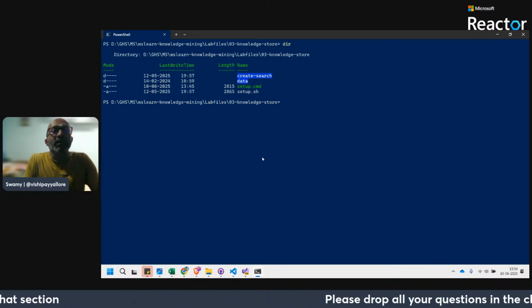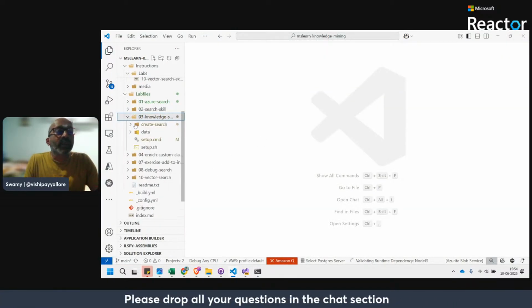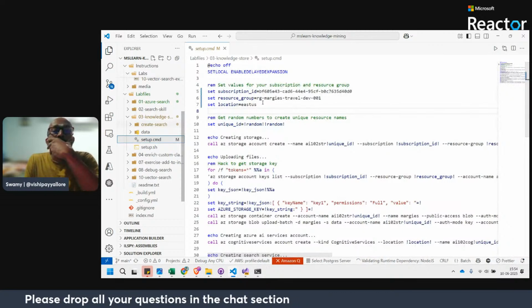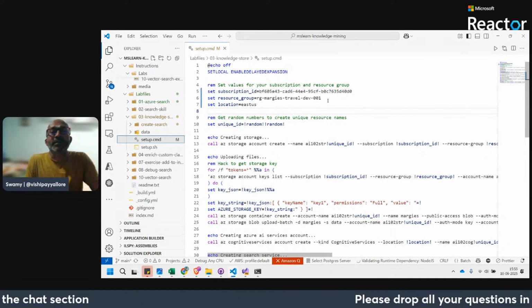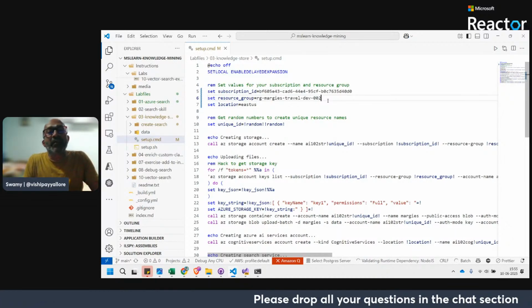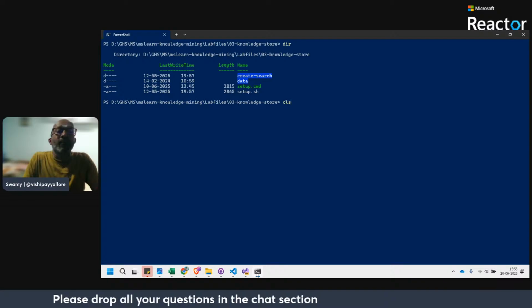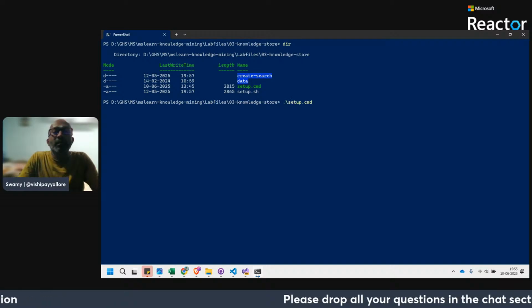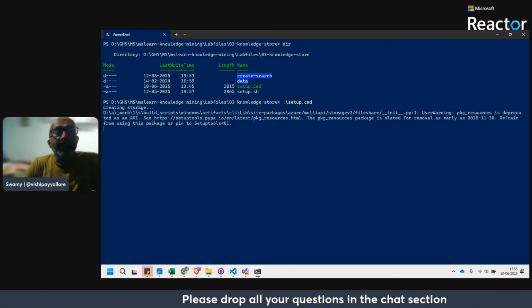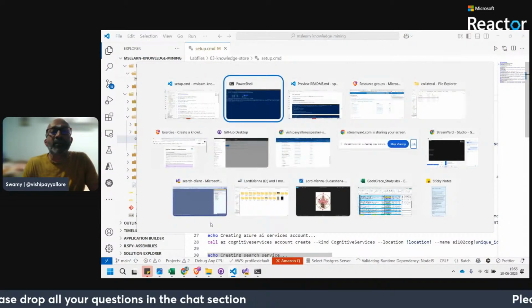Okay, it has got the setup command. So let's go into that setup command. So instead of Margie's Travel dev 001, I'm doing dev 002. So let's do setup and hit that.